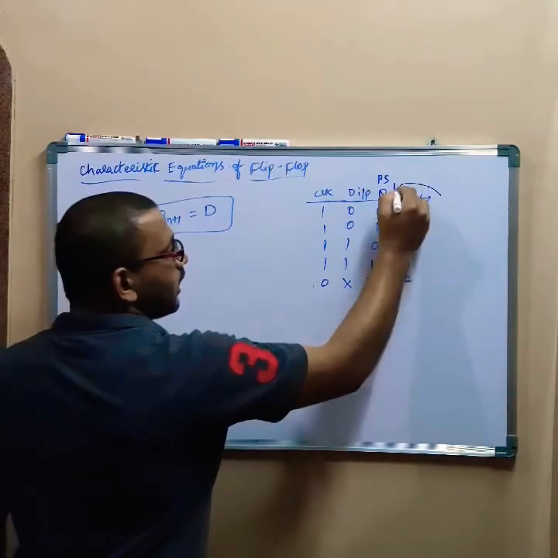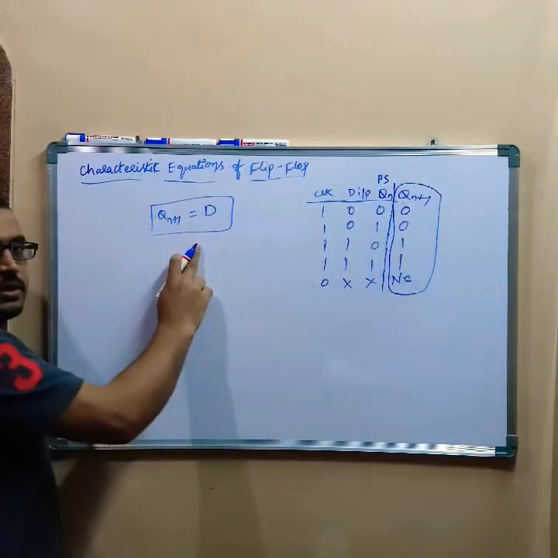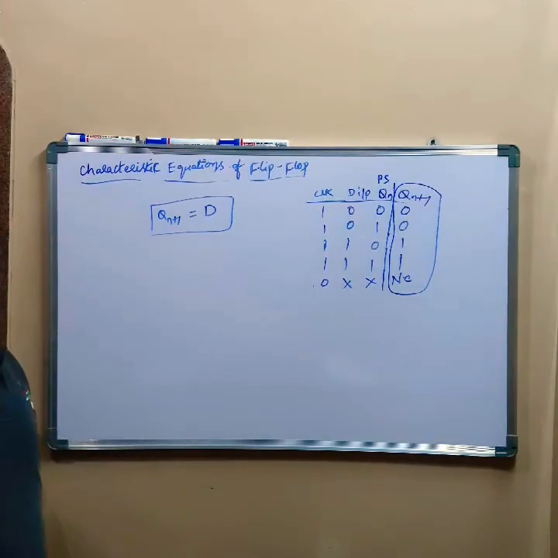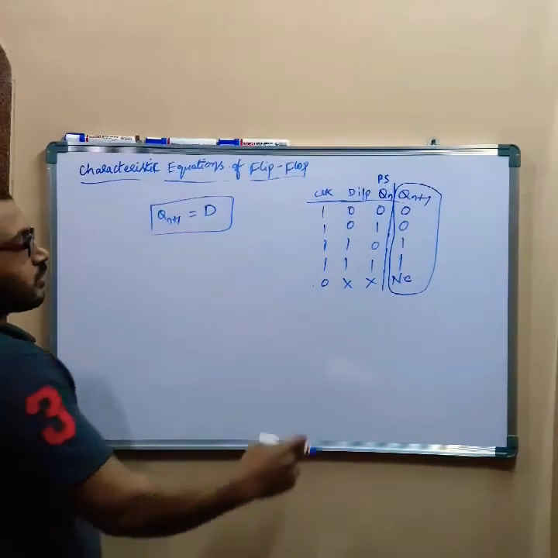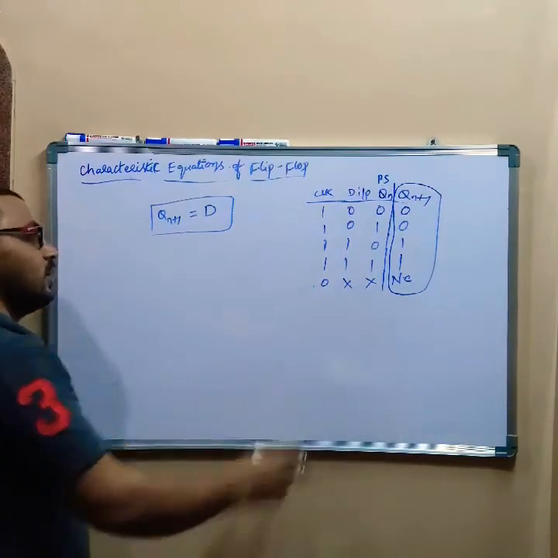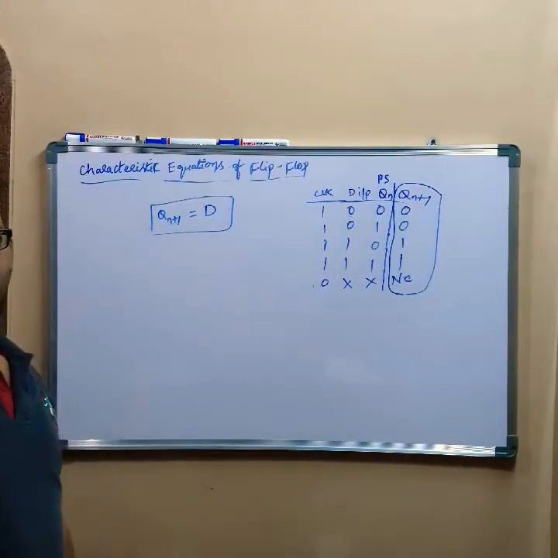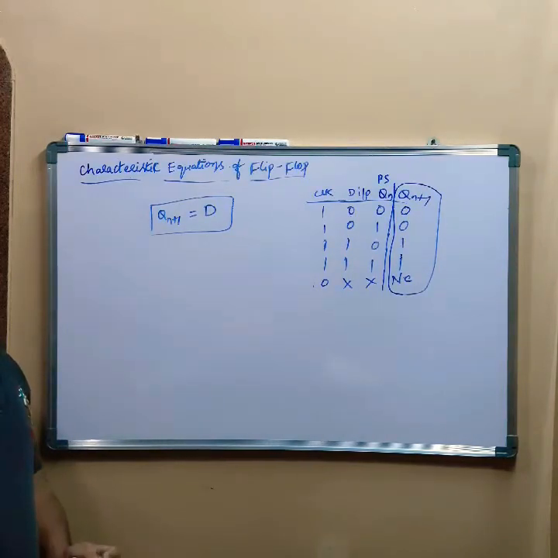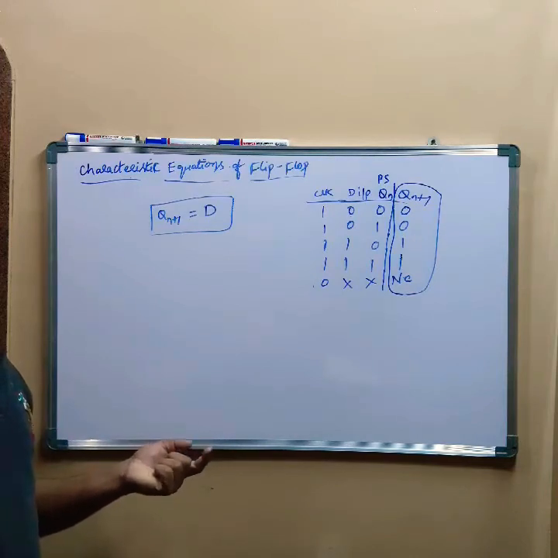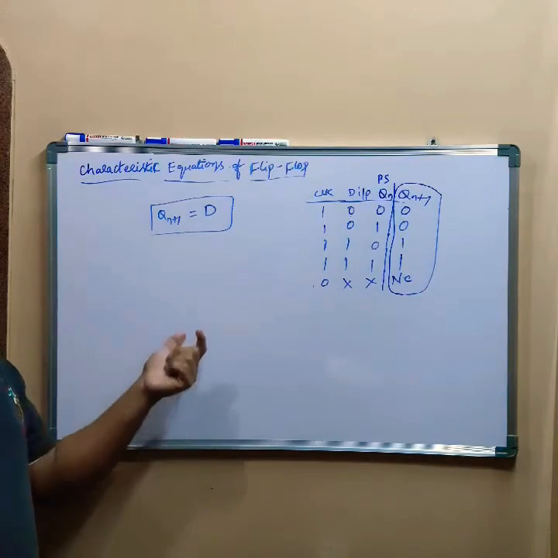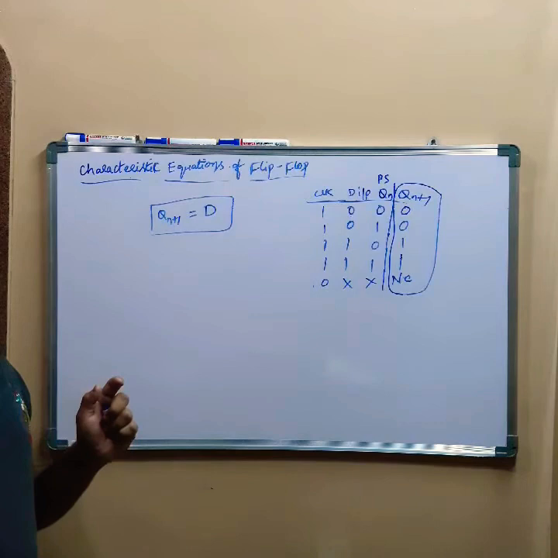So this output, the next state can be obtained by using this equation mathematically, right? So this is the truth table. We have seen the function, how we got this. We have internal latches and steering gates inside the D flip-flop, and by applying the inputs to the steering gates, we will get the output. That is, in terms of logic circuit, you will explain in that way. So sometimes in the bits, you will get this question: what is the characteristic equation of so and so flip-flop? The characteristic equation of D flip-flop is Qn plus 1 is equal to D.